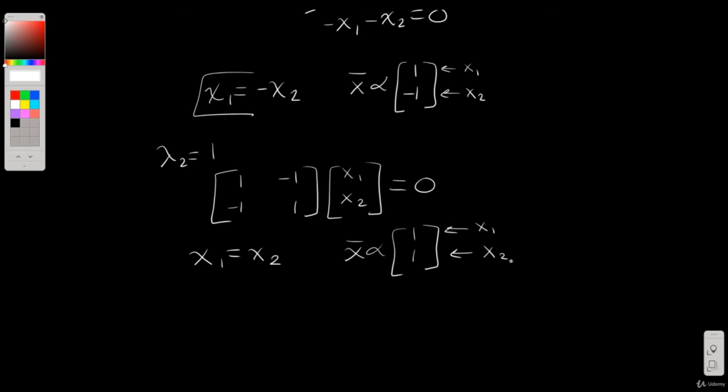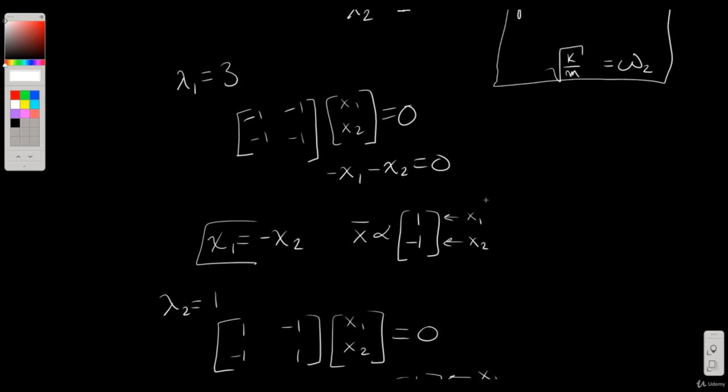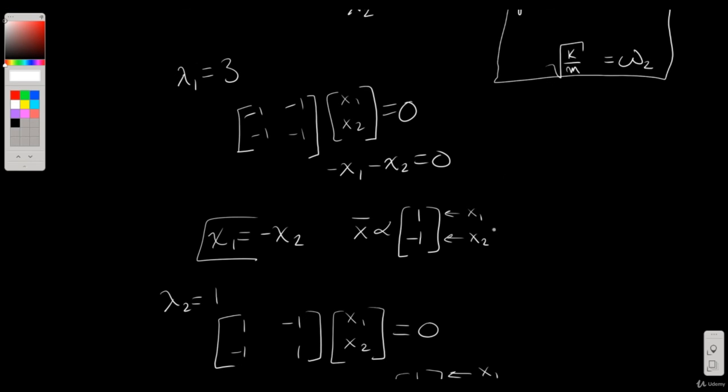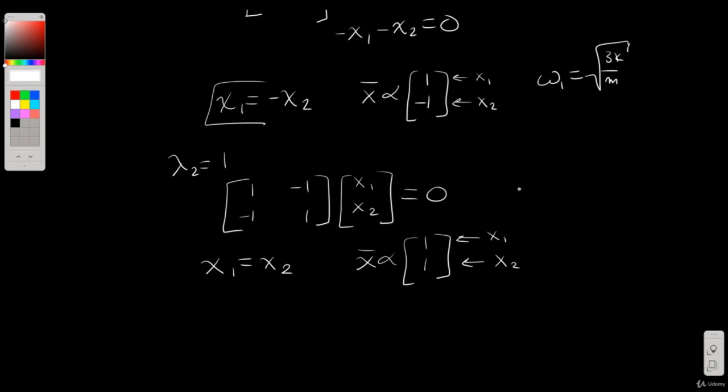And so this is interesting. You can see here that in the case of lambda 1, and recall that omega 1 was equal to the square root of 3k over m, so this is the faster oscillation, this plus 1 and minus 1 corresponds to the masses oscillating opposite to one another. That's why you have this 1 and minus 1 here. And in the case of lambda 2, where you have the slower oscillation, k over m,